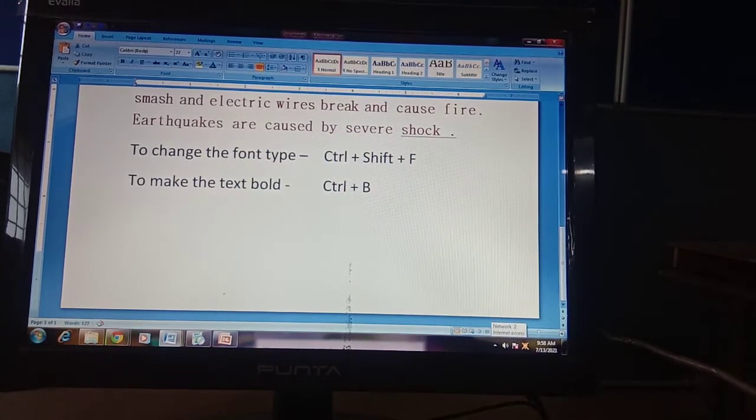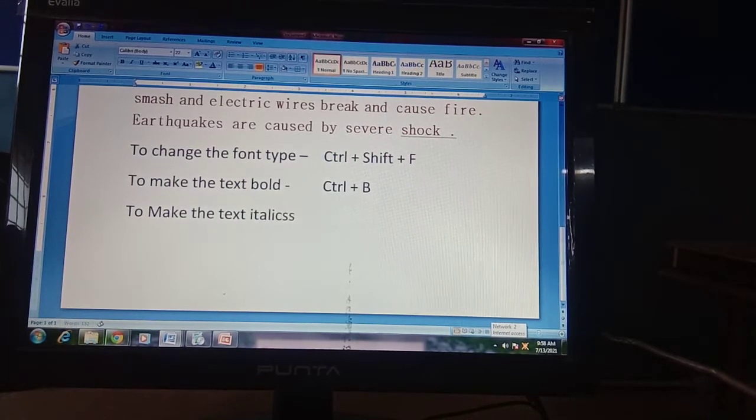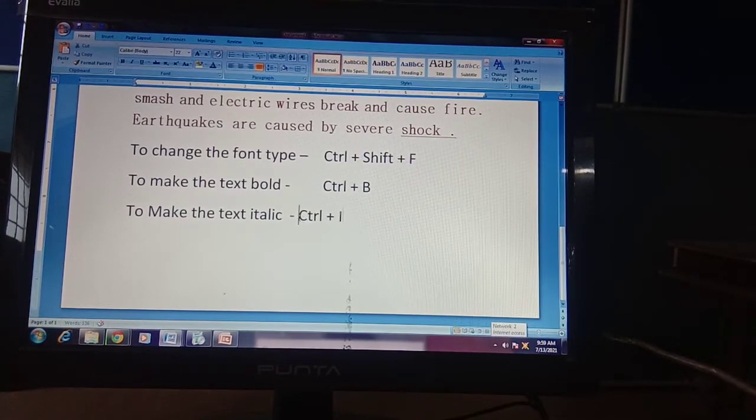Okay, what does plus mean? Together. Okay, to make the text italic, we need to do what? CTRL plus I. Okay, CTRL plus I keys together.